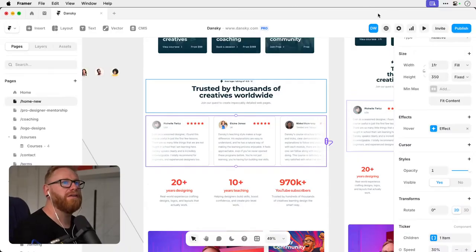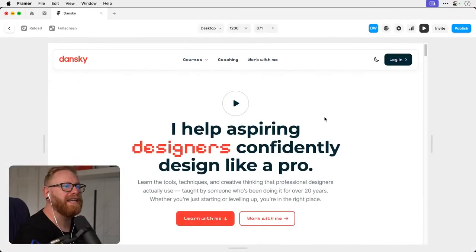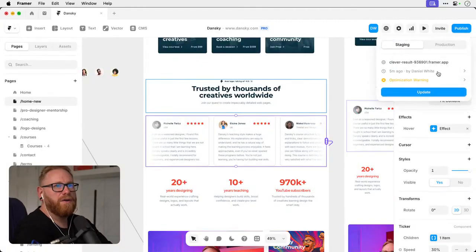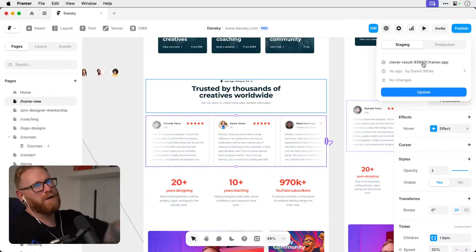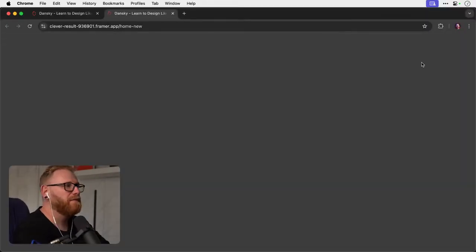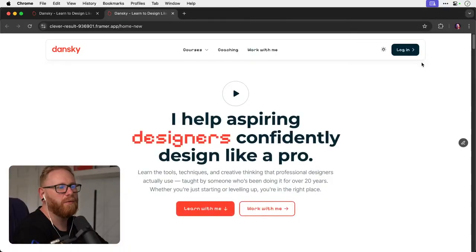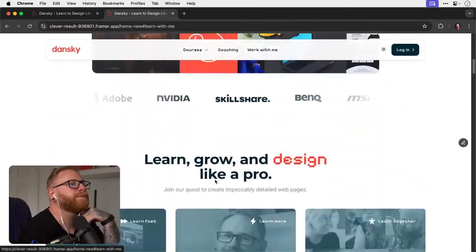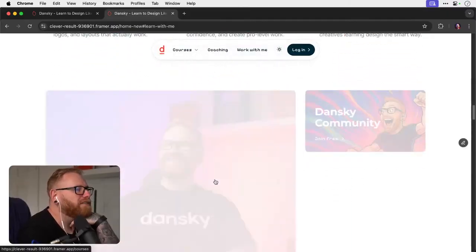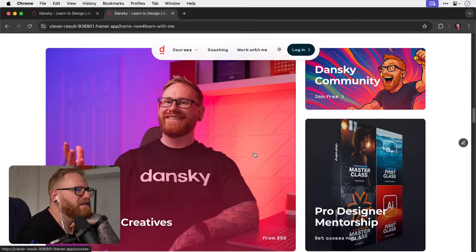Yes, you can preview it a few different ways. You can click play and just get a preview straight inside Framer, or you get a staging link. Production is where you publish it and it goes out to the world. Staging is the area where you would test it before pushing it live. This way I can open it up in a browser, get full functionality of everything and just see how it works. But yeah, that section's obviously going to go.